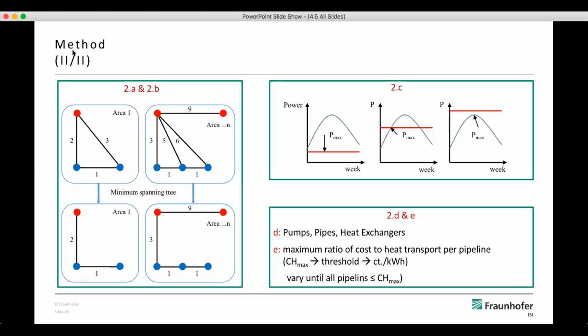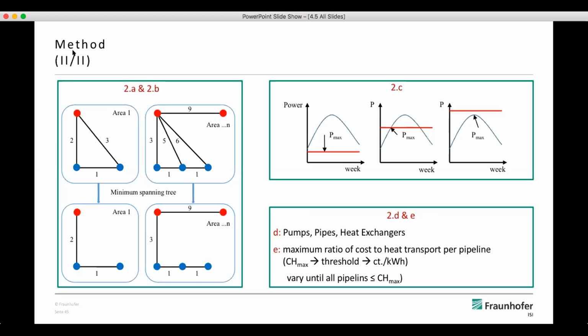And then there is a methodology from operations research where you try to minimize distances in networks. It's called deriving minimum spanning trees, and we apply this method. You see it on the left side here, to connect all heat sources and heat sinks in an indirect way in order to minimize distances, with the idea behind it that we don't want to have too many pipes. So we are trying to reduce the investments necessary for generating our networks.